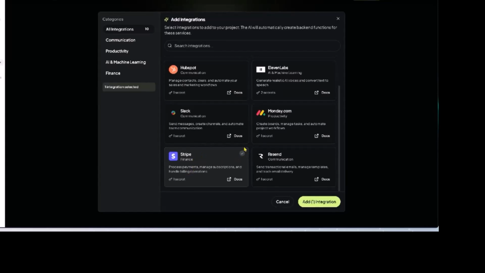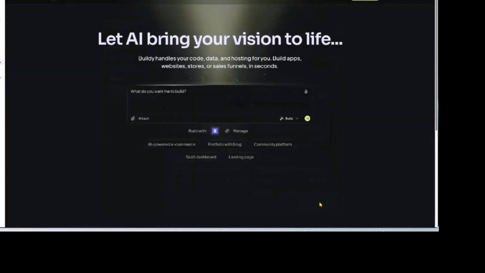If you want to make payments, you can add them later, which I'm going to show you that too. But it's best if you start out with payments integrated if you can. But again, you can add it later. I'll show you that in a moment. So we'll say add integration. So now you can see the little Stripe symbol there. So that means it's added. And I can say,